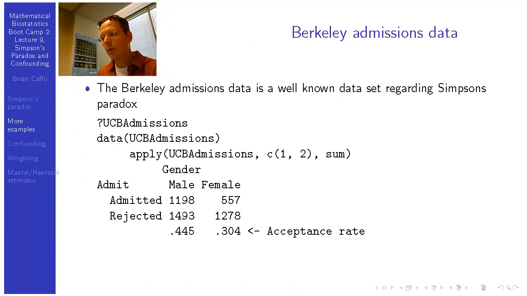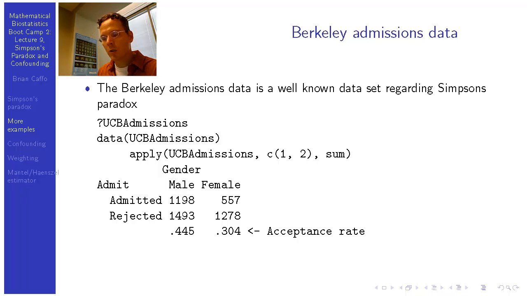Another very famous example of Simpson's paradox is the so-called Berkeley admissions data, and it's fun and it's in R. So I'll cover it a little bit, and you can explore it, because to get it, you can just do help UCBAdmissions, and that will describe the data set. Data UCBAdmissions will load it up, and then here I give a little command, apply UCBAdmissions c(1,2) sum. It gets the